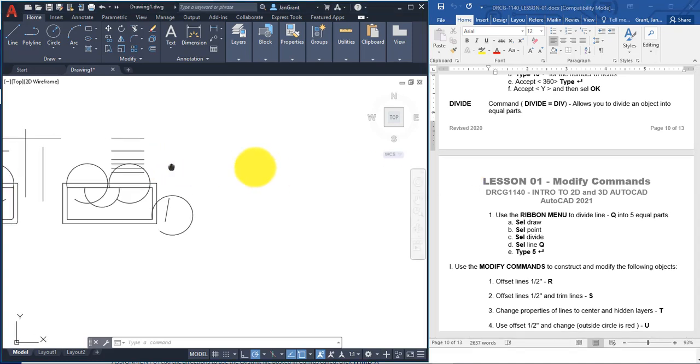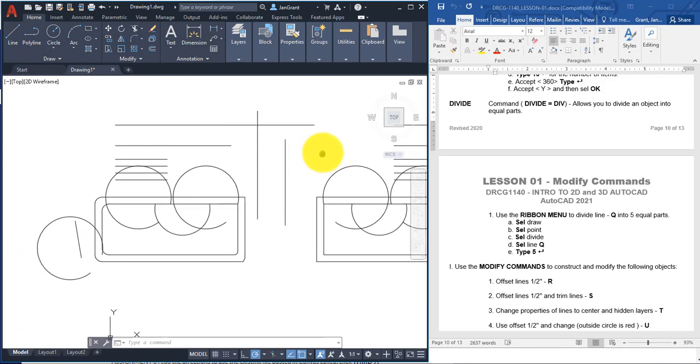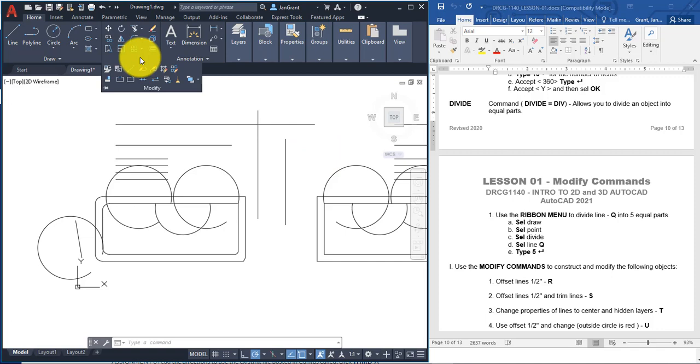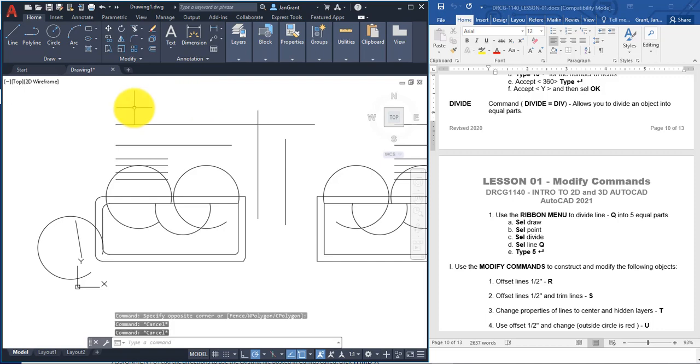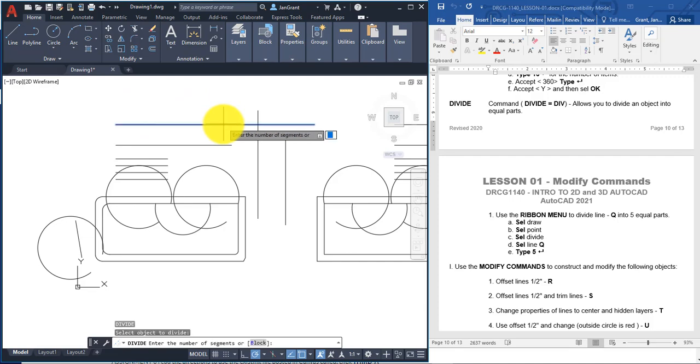Divide will divide a line by placing points along that line. So if you need to divide a line up into 10 equal parts, you can use the divide command to do that. The divide command and also the measure command are very similar. They don't actually cut the line or modify it anyway. So if you type in div and enter, you can select the line and you can see